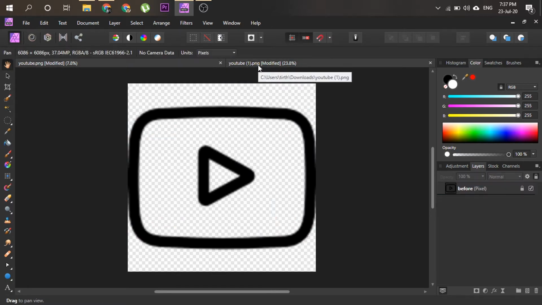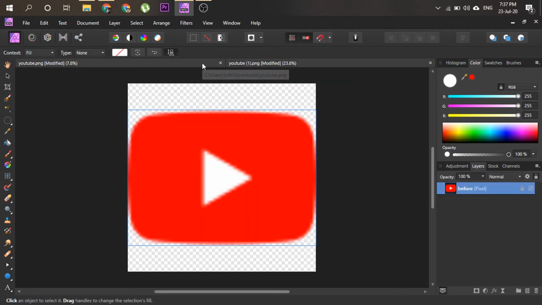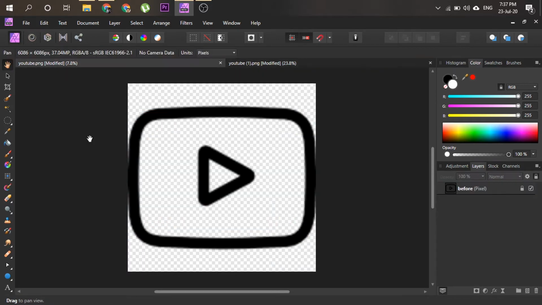And there is a reason behind downloading two icons. As you can see, one is black and white and the other is color. The reason is applying this method. When you have more than two colors in your graphics, it will be hard to recover those details. But when you have two colors like black and white or red and white, it can sometimes be recovered. So we are going to first try this black and white version of YouTube.